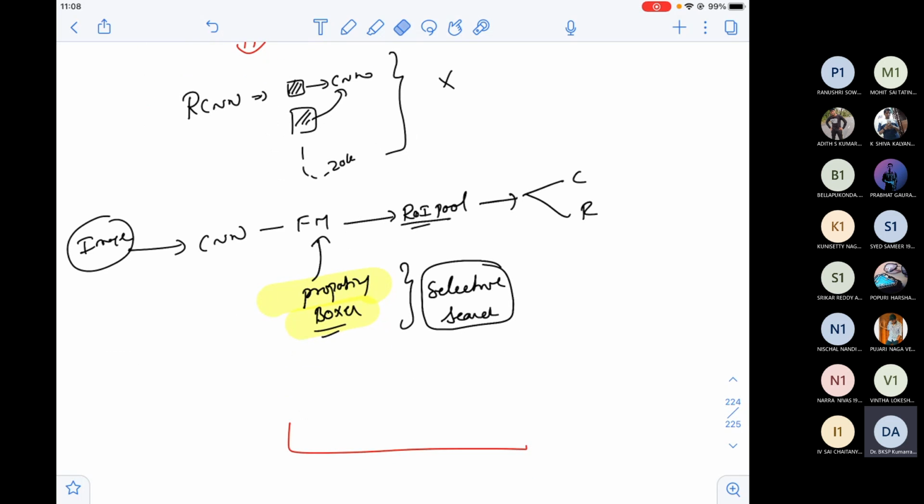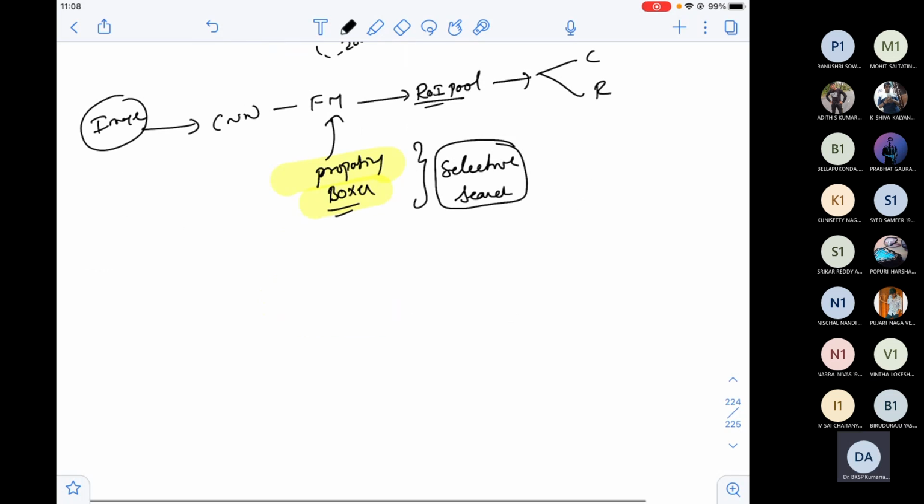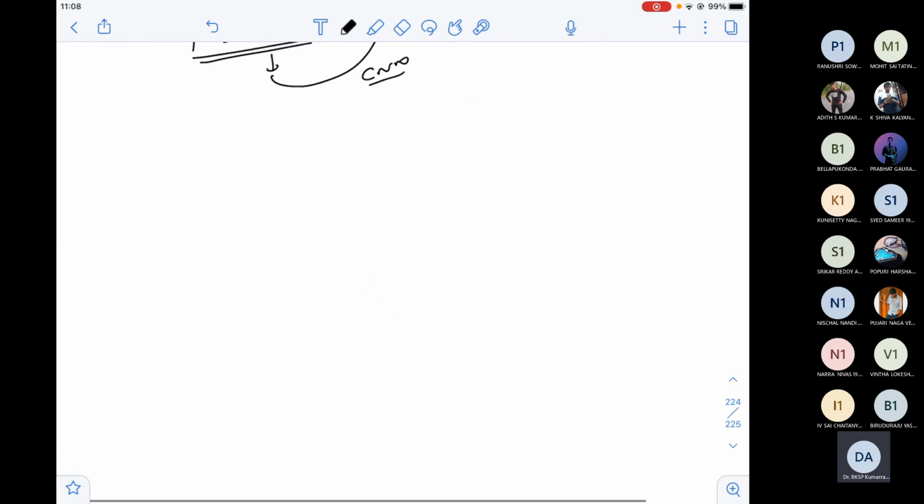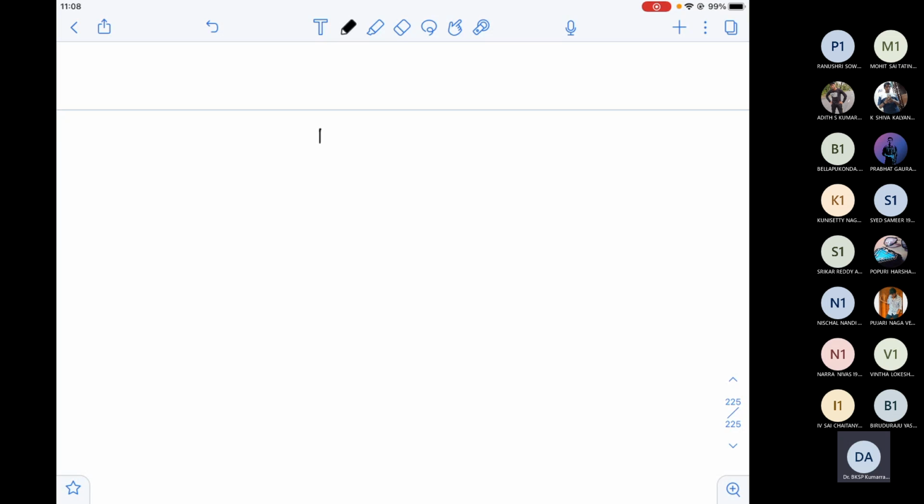Now, what people came up with is another version of RCNN called Faster RCNN, which asks why can't we even propose the boxes with CNN? As I'm doing the rest of the stuff with CNN, why can't I propose the boxes with CNN too? The idea is perfectly fine, an absolutely wonderful idea, but how we structure that is very important. Let us see how we can do that.